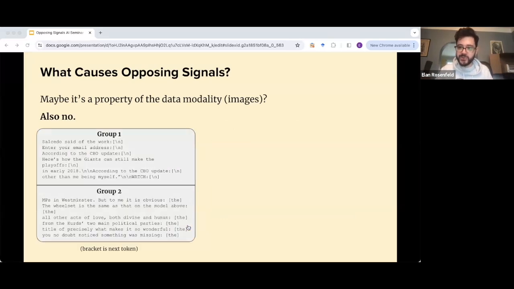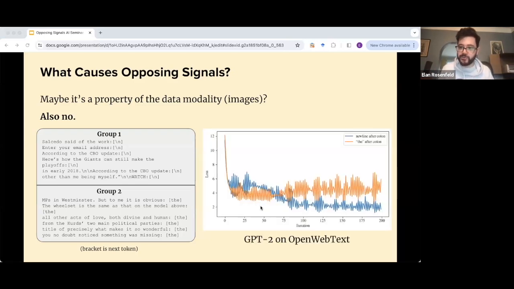Here are two opposing groups where the sequence that the transformer has seen ends with a colon, and the token that it needs to predict is either a new line token or the word "the", both of which are quite common in English. And if you train GPT-2 on OpenWebText, you get exactly the same oscillation. Obviously, you can't do actual gradient descent on this, so I just did SGD with a very, very large batch size, and you get the same pattern.